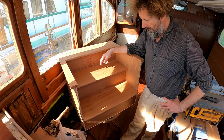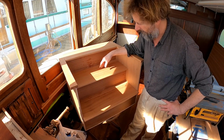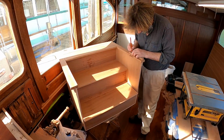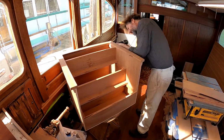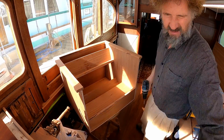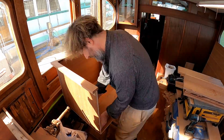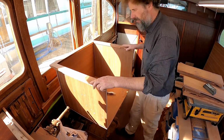Now it's gotta come apart and sand everything and set up the piano hinges, which is going to be no fun, and put it back together as a glue up. Let's go. Okay, definitely got to do some marking. So this is one. All right, so with that apart,